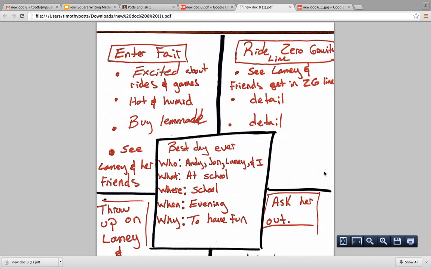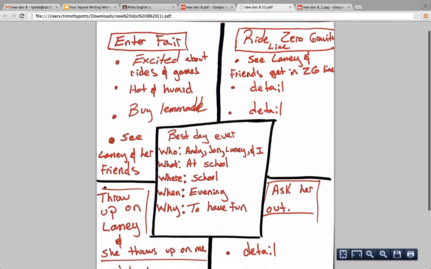Instead of listing 3 different reasons why it was the greatest day ever, it's listing action words up here, action phrases, events. So you start off and you have in the center, instead of your topic, the who,